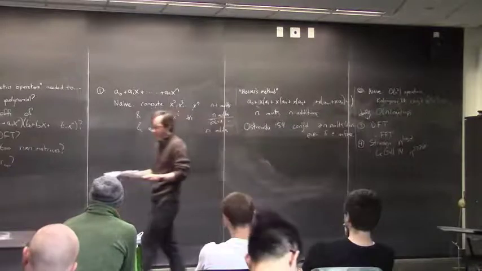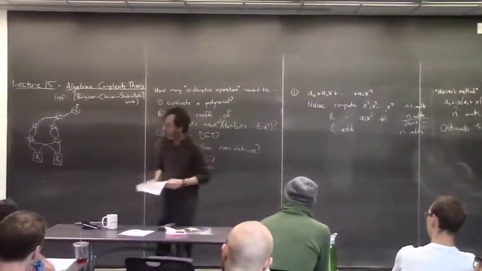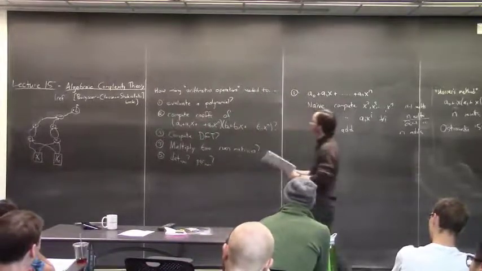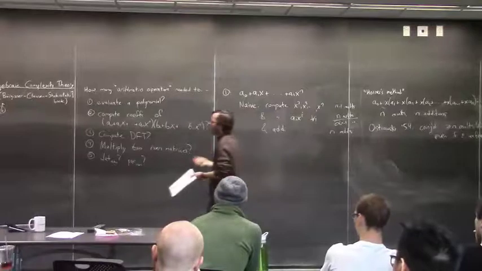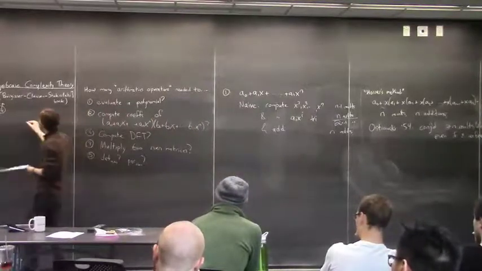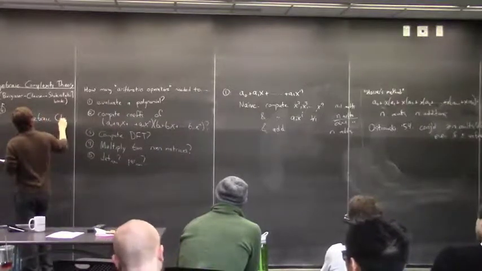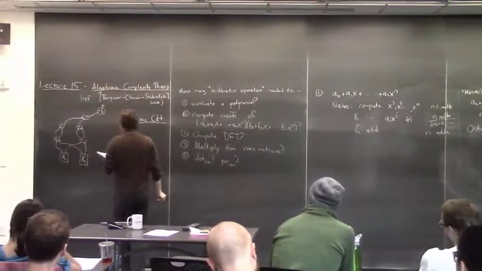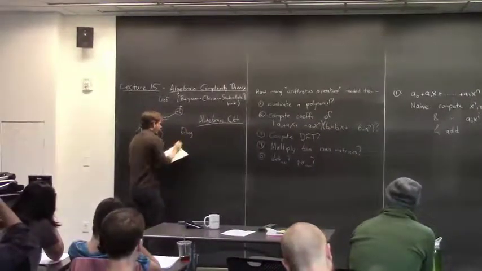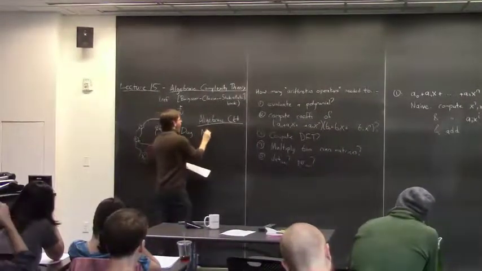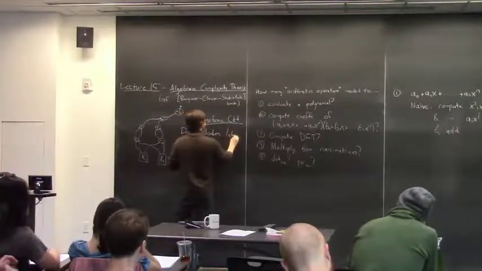OK, so the basic object to study in algebraic complexity theory, well, there's no kind of Turing machine. Instead, we work with circuits. So the basic model of study is an object like this, which is an algebraic circuit. OK, and what's the deal with an algebraic circuit? Well, it's a circuit, so it's like a DAG, a directed acyclic graph. And the internal nodes have 5 kinds of labels,